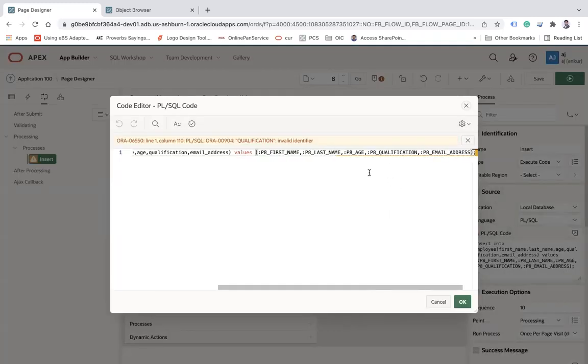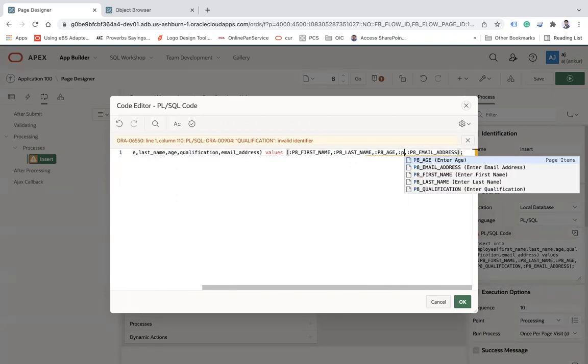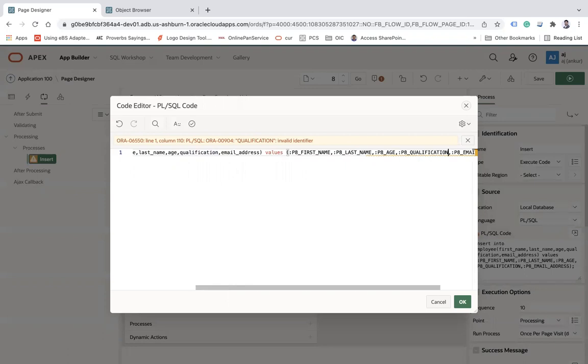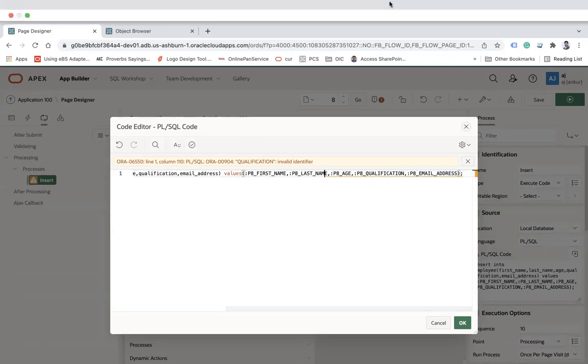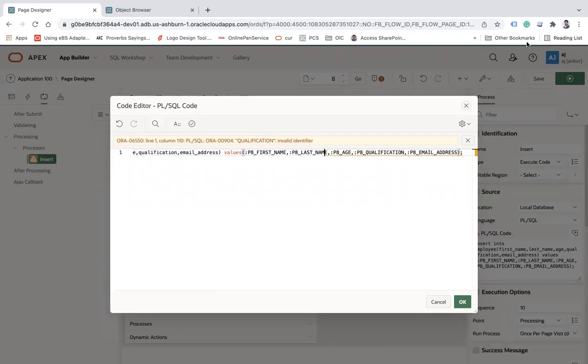It says invalid identifier. Why so? Let me say P qualification only. What happened to this? The problem was with this qualification name. Okay, let's try this now.